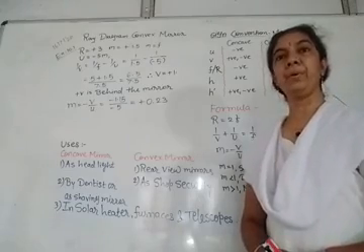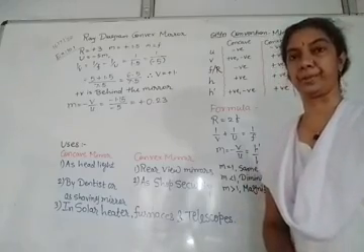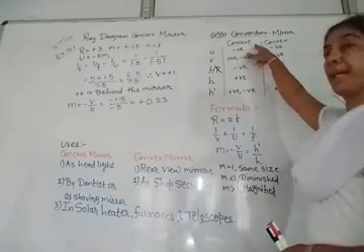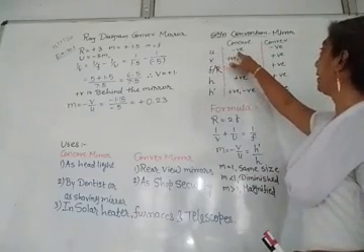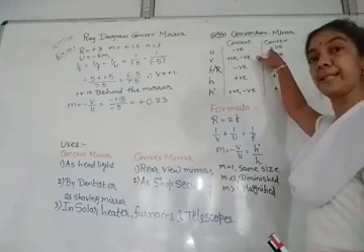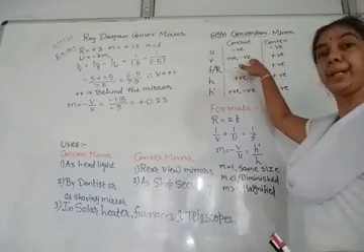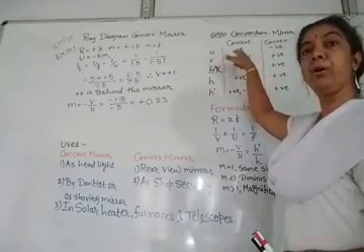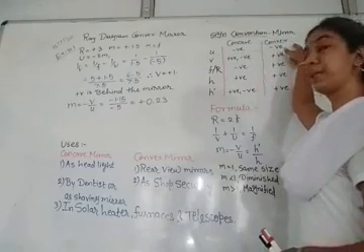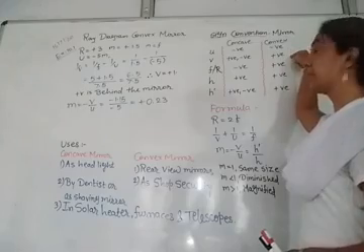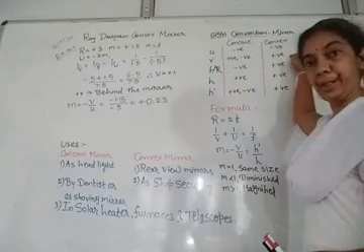positive and negative distances, height of the image and height of the object. So for concave mirror, the object distance will always be negative, as well as for the convex mirror. The image distance can be positive or negative, as the image could be real or virtual in case of concave mirror. But for convex mirror, we always have a virtual image, so the image distance is always positive.